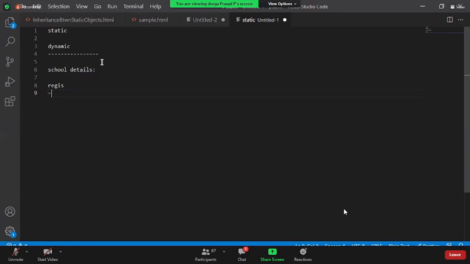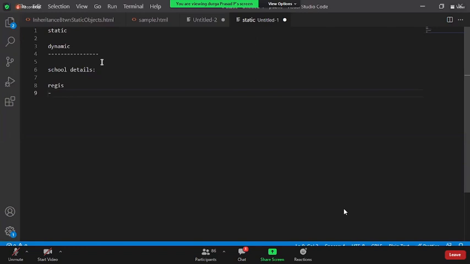For Naresh IT, if a new student is coming and wants to give his details and get registered, now you tell me, are the student details static or dynamic to Naresh IT? Dynamic. Because they don't know whose details they are. What is his name? Which course is he opting for? What payment is he going to make? They don't know anything. They will ask the questions, who you are, etc.